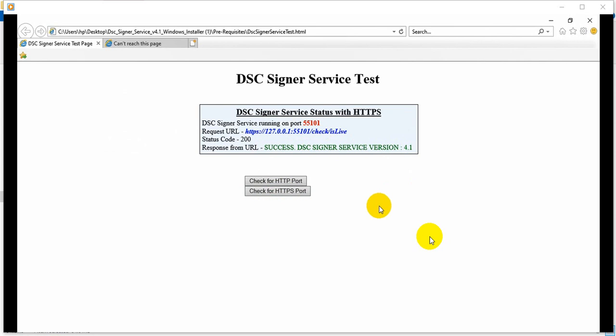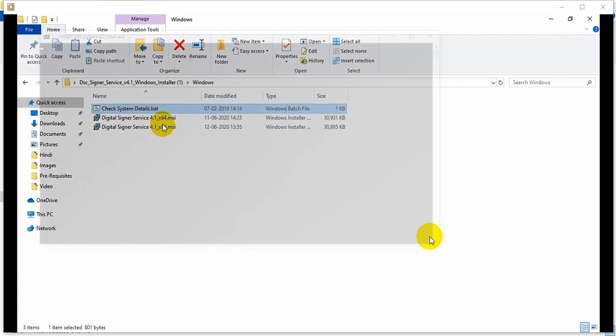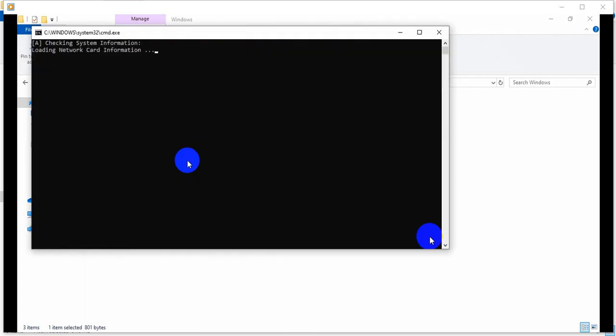Let us do one more thing now. I think we covered everything. One point also to see: if I again come back to the folder, let's check system details. Click on this third time. Let us see what information it shows for us. These we know. Then Java related info will come here.